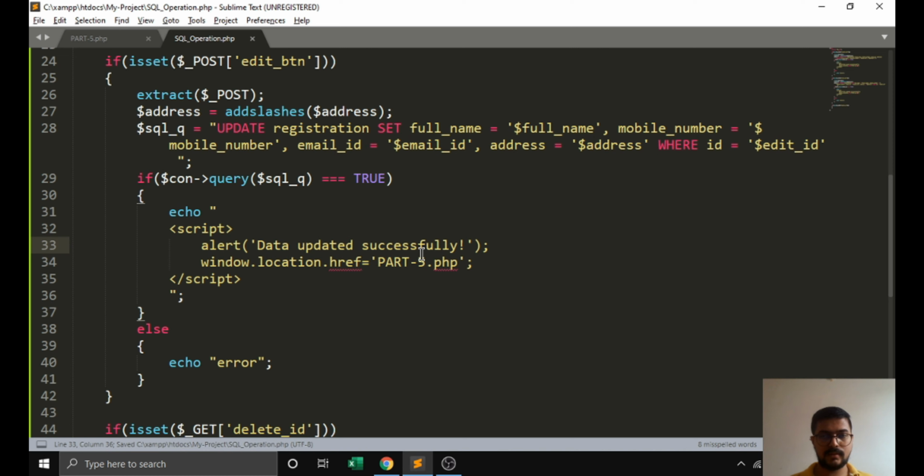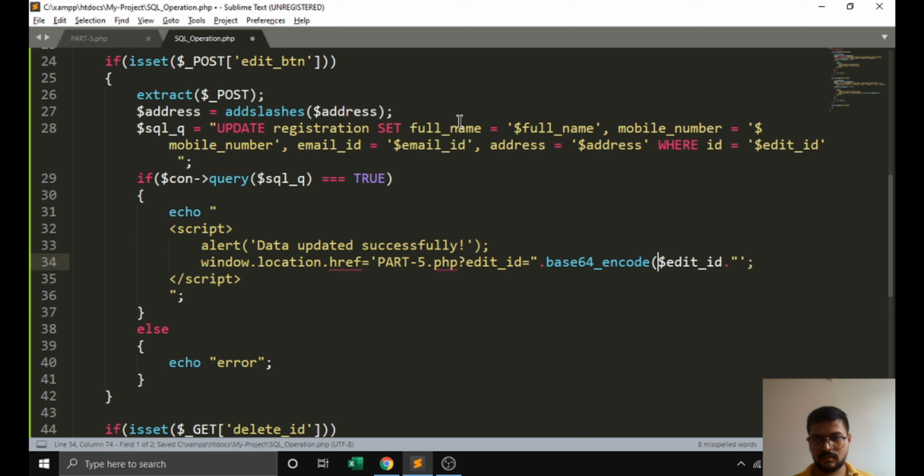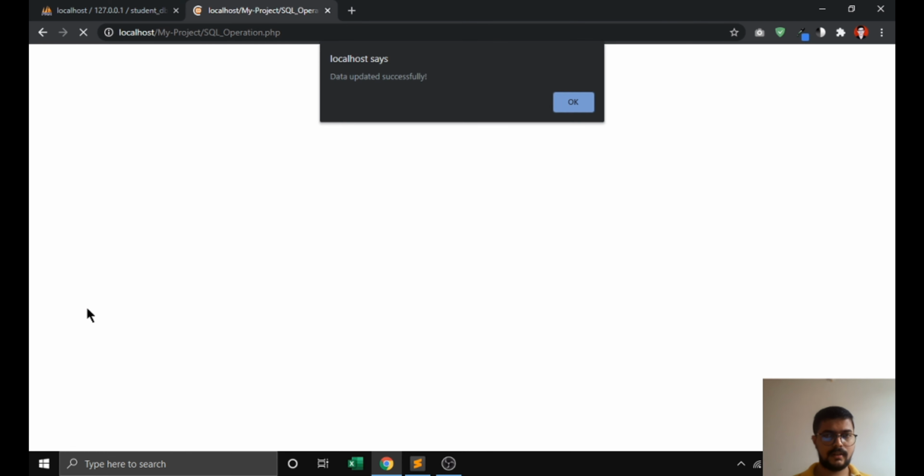Then we have to pass down to the particular page, we can pass like this, and then once again we have to press update.